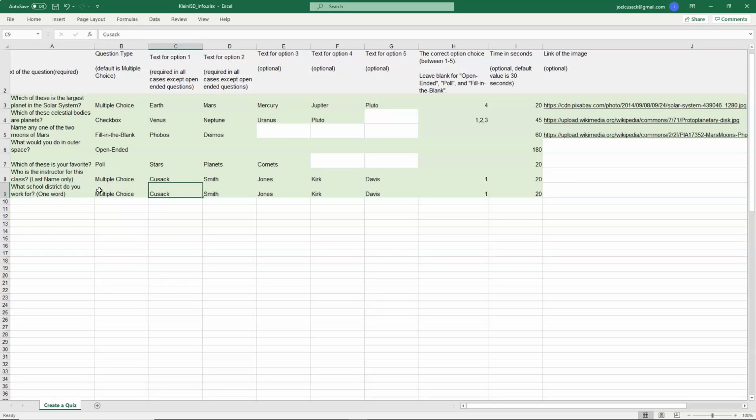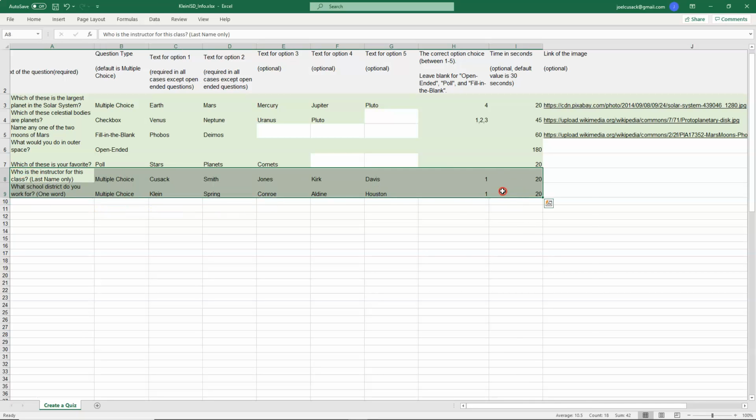Multiple choice: Klein, Spring, Conroe, Aldine, Houston. So this is that. So then I'm going to go ahead and take these questions again, and you will start seeing